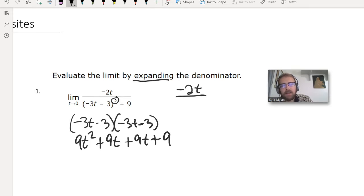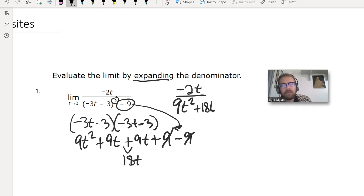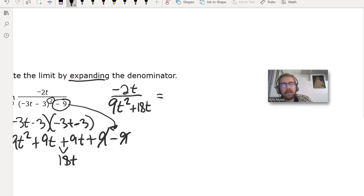All right, so then we get that. And then, of course, this minus 9 thing here. So minus 9. Well, look at that. That cancels. And then that makes 18t. So this would actually be 9t squared plus 18t. Well, now I can actually factor out a t again. I can factor out more than that, really, but we'll go ahead and factor out what we can. Why not? We can factor out a 9t, and then I would have t plus 2 in parentheses left. If I factor out a 9t on the bottom. And then the t's cancel,